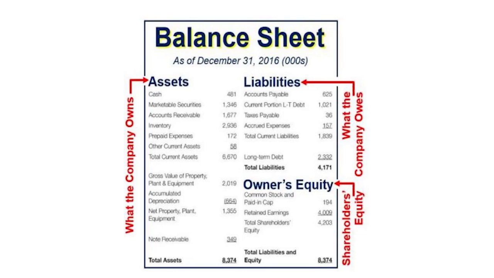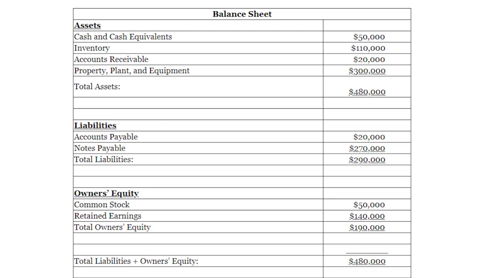A company's balance sheet shows its financial situation at any given point in time. It is quite simply a formal presentation of the accounting equation. As you'd expect, the three sections of a balance sheet are assets, liabilities, and owner's equity. Have a look at the example of a balance sheet right now, and let's go over what each of the